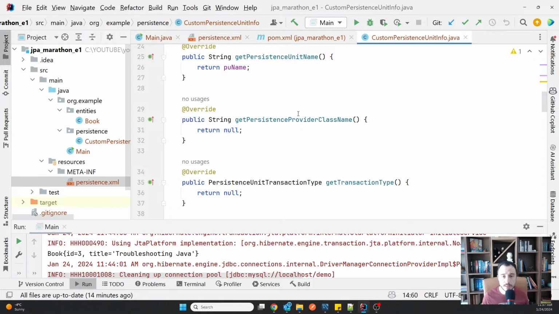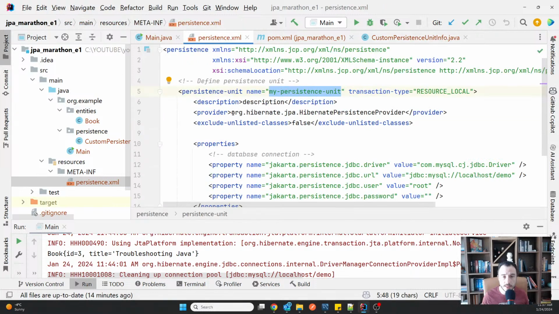So the persistence provider class name again depends on the implementation. We know already which one this is, the main class, which for Hibernate is the Hibernate persistence provider that you find in the org.hibernate.jpa package. But remember, this depends on the JPA implementation you use. As a comparison, it's exactly how the JDBC driver works for the javax.sql package interfaces.